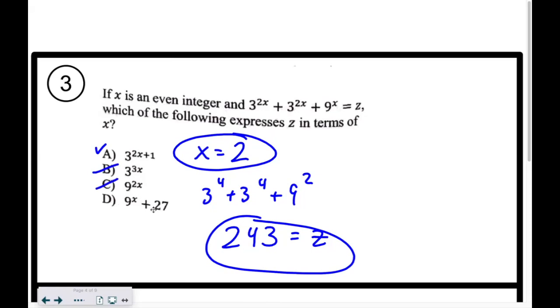And this is 9 squared plus 27, which is wrong. So the answer is A. If you're looking for a more straightforward and more algebraic way, what you would do is